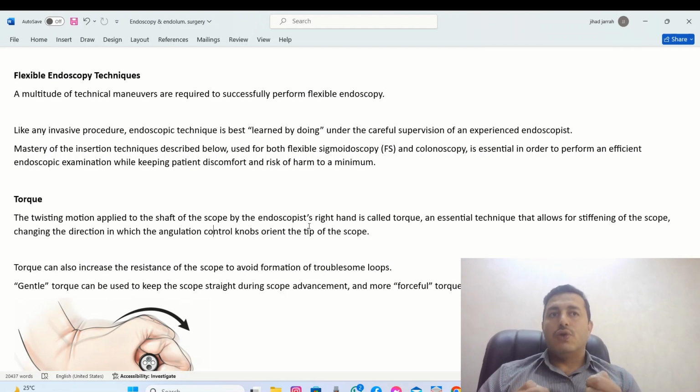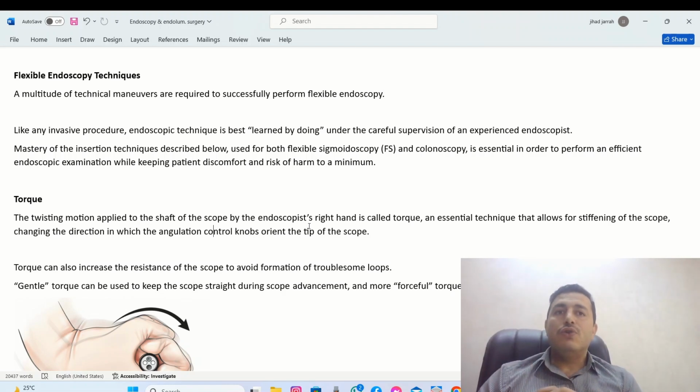material. So we will have difficulties with insertion, even with measurement of the distance of the lesion. So there are some techniques and, let's say, tricks that will help us in inserting these flexible instruments. Unfortunately,